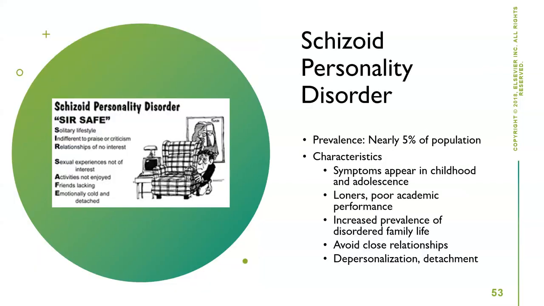Our second personality in cluster A is going to be schizoid. And just to get it out there now, my example of schizoid is going to be from the movie The 40-Year-Old Virgin. So if we think of that main character, I can never remember who plays him. I want to say Adam Sandler, but I know it's wrong.